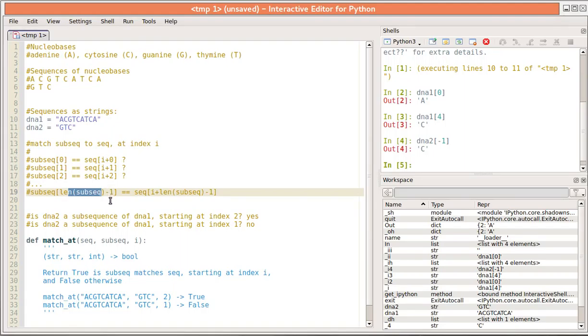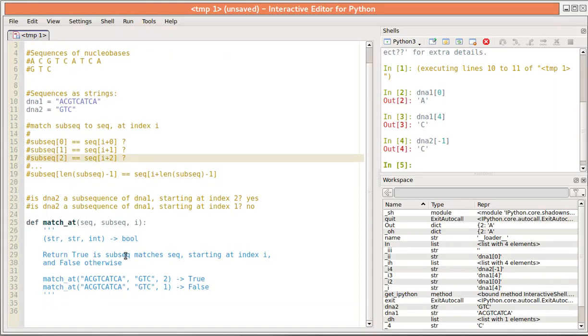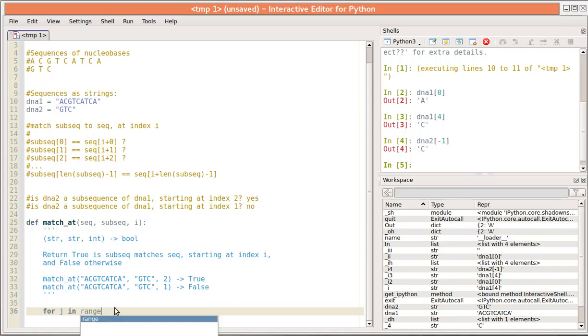Now, how to accomplish that? Well, here we go from 0 to 1 to 2 and so on up to the length of subsequence minus 1. So that's your basic for loop. Usually we use I, except we already used I here for something else, so let's use j instead. I cannot reuse I without losing the information that's contained in I. So I'll say for j in range of the length of what? Well, I ought to go from 0 up to the length of subsequence minus 1,